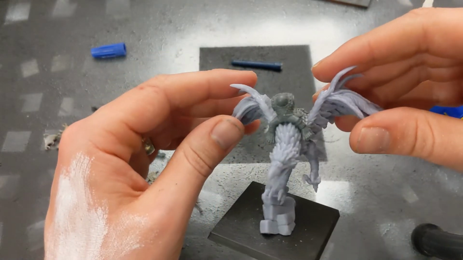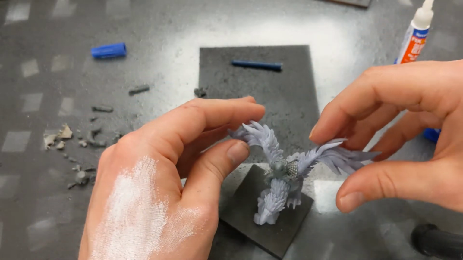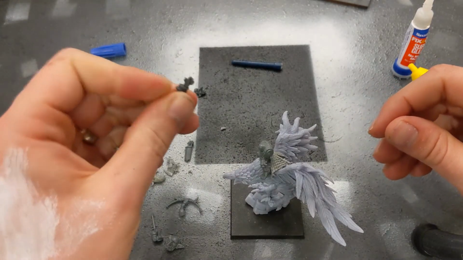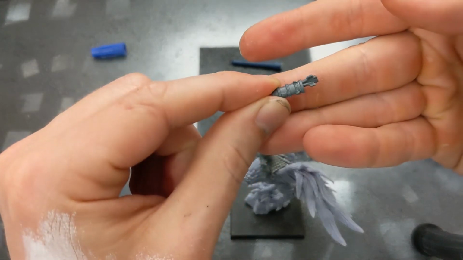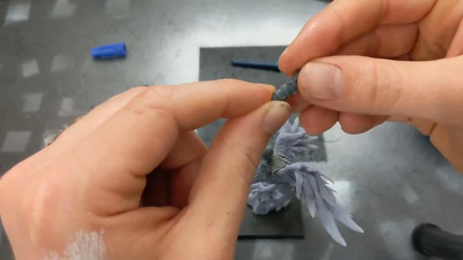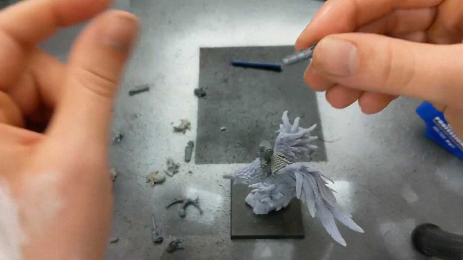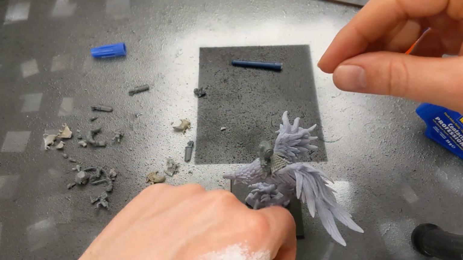So we've got that body on there. Looks cool. Let that dry a bit. Meantime, we can apply some quivers. So these are quivers acquired also from the archer bits, the spitters bits from the goblin kit, the goblin plastic kit from Kings of War. So if we want to put them on,